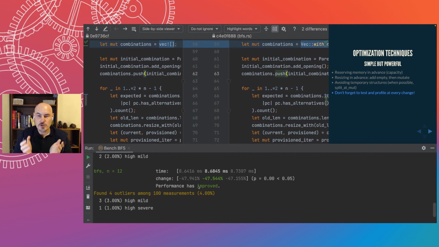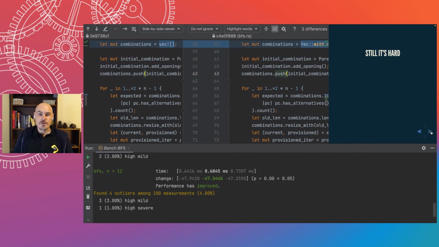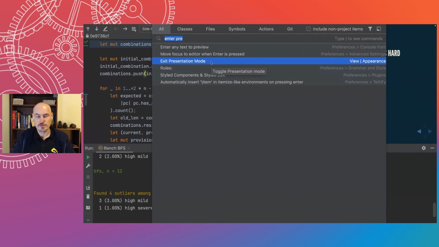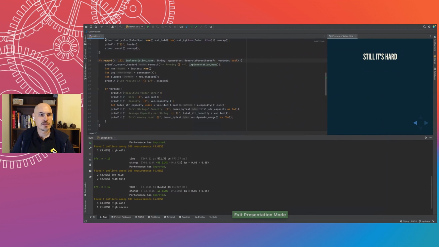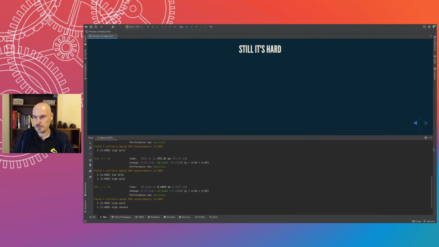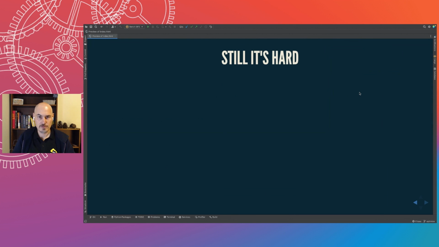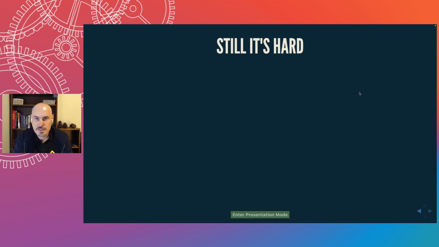So you see that I showed you very simple things, very traditional Rust things. But if you do profiling at early stages, you just see all that stuff. And it's really, really very powerful. Well, of course, it's still hard. So I think I don't need all those windows. So we'll get back to my slides. So it's hard, but